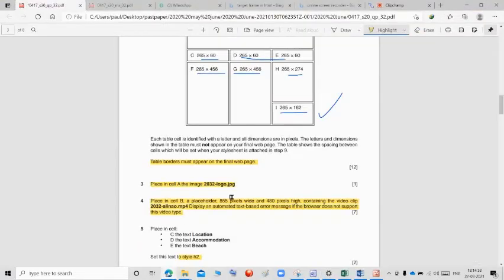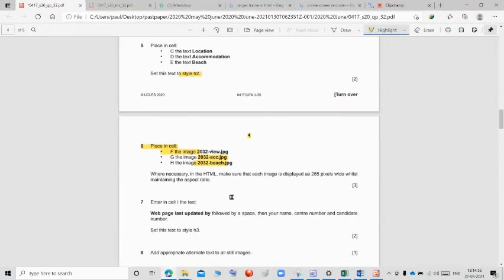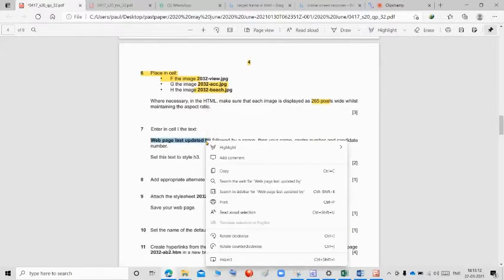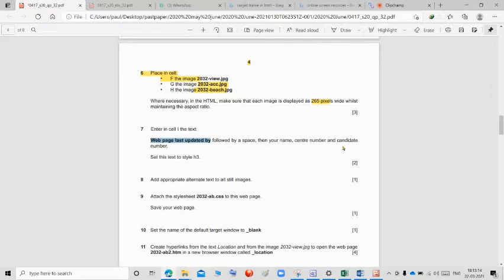And next they are asking, we want to show that all the images are 265 pixels. Yes, all the images are 265 pixels. Next, enter in cell I the text web page last updated by, followed by a space, your name, your center, candidate number, and we want to set the text to style H3.